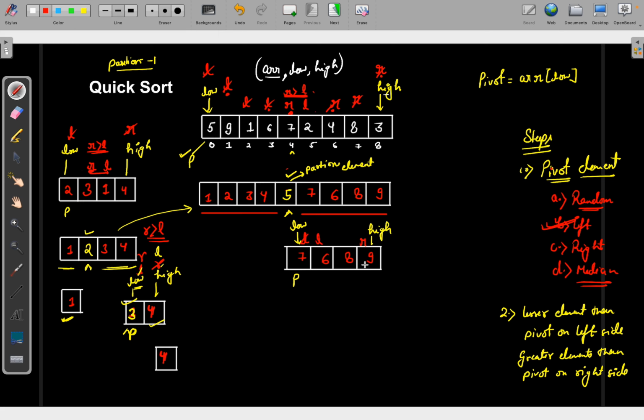Now the right pointer is pointing to 9, which is greater than 7, so I will simply move ahead. Left pointer is pointing to 6, which is lesser than 7, so I will simply move ahead. Right pointer is pointing to 8, which is greater than 7, so I will move ahead, and here right crosses left. So I will swap this right with my pivot element. If I swap them, the array will be